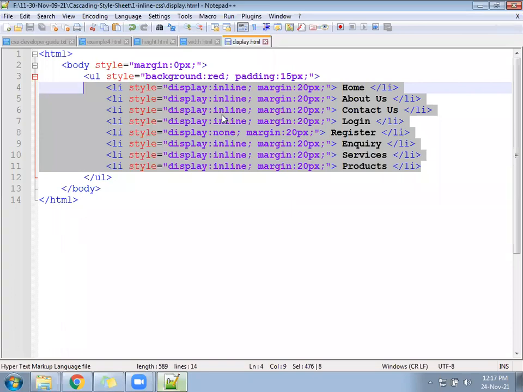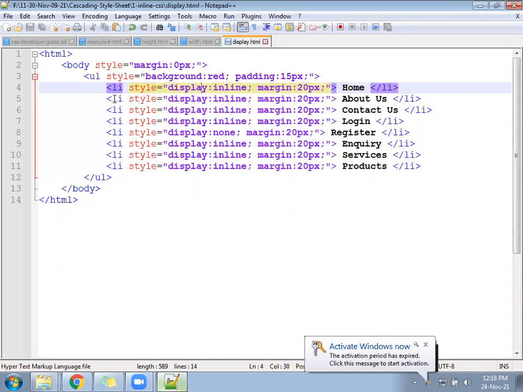Overall, when we write inline CSS, for the first li we have written display inline. So display inline says you have applied me for the first li, I will work only for the first li. I don't know about the second li. If you want me to apply for the second li, you have to write again. Again, the same way, suppose for 10 li we have to write 10 times. So this is not called one-to-many. This is called one-to-one. One li, and one display inline. Again, one more li, again one more display inline.